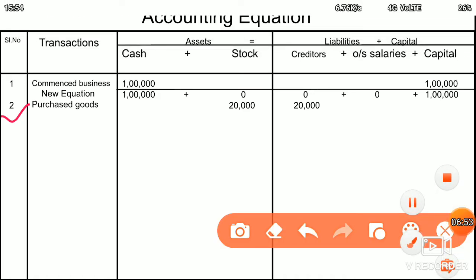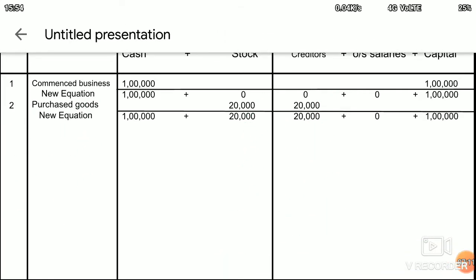So if we show this in our accounting equation, this is how it will appear. We will write the serial number 2. The transaction is purchase goods on credit, so we increase stock, the goods are coming into the business, and the business did not pay the money, so the creditors also will be increased by 20,000. It has to increase the creditors also by 20,000. So the new equation is,